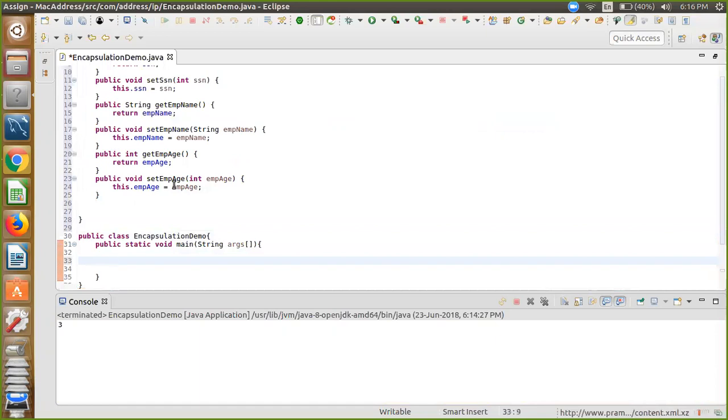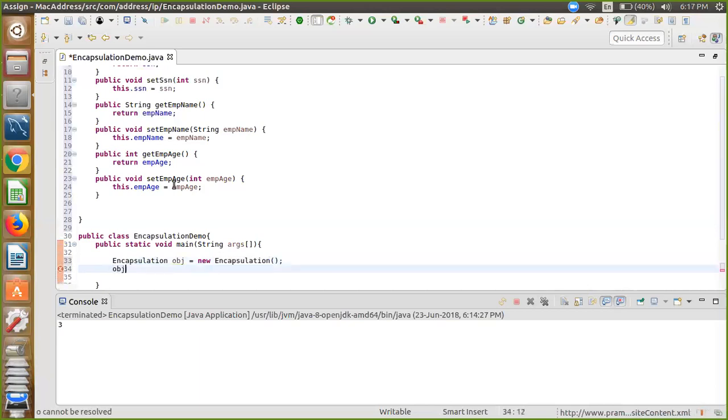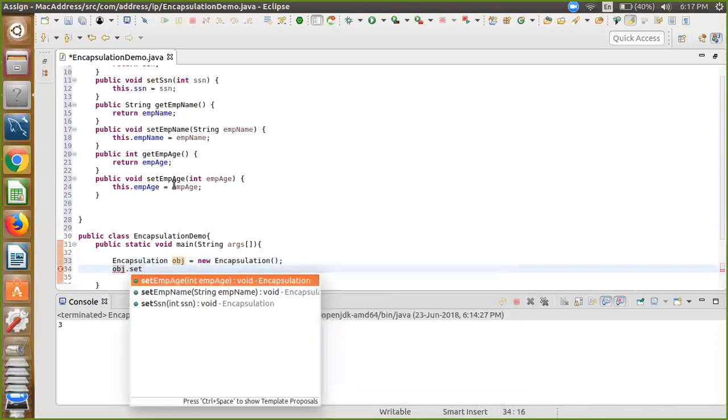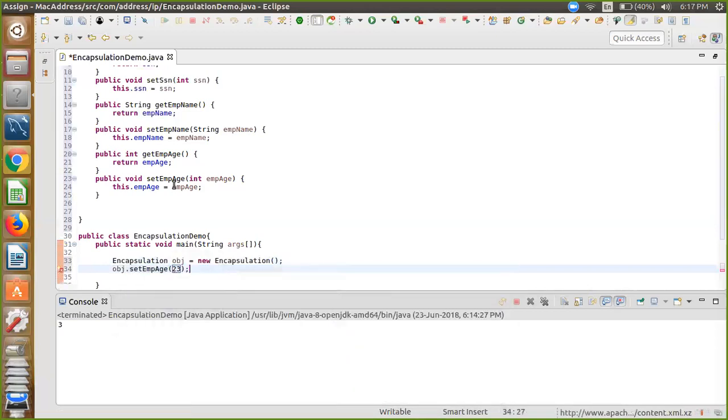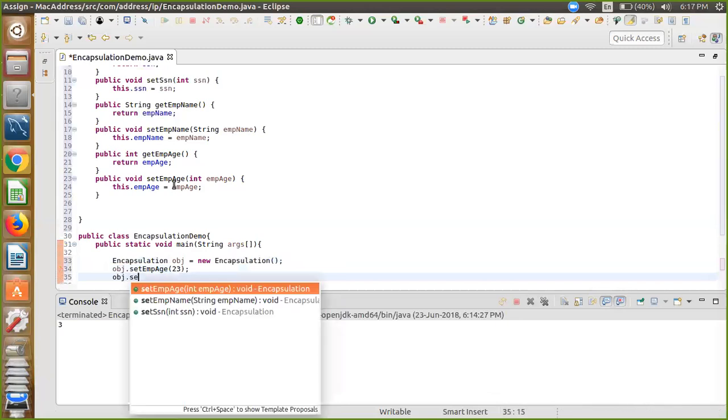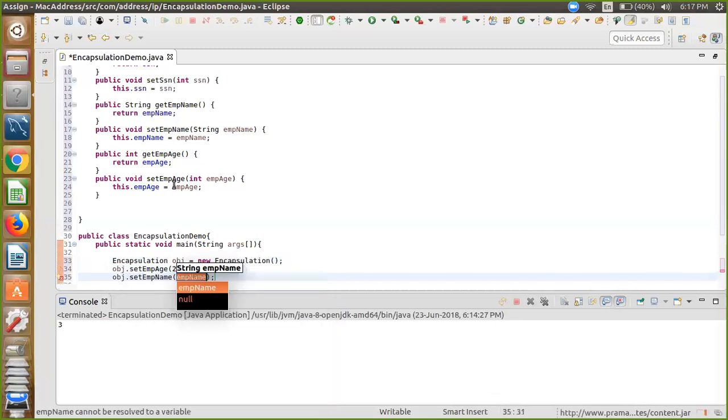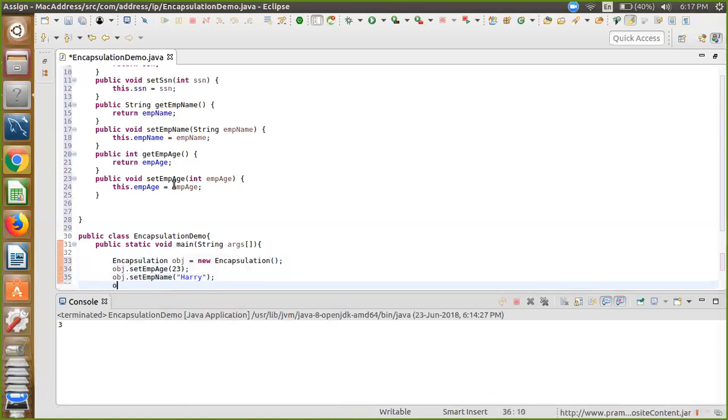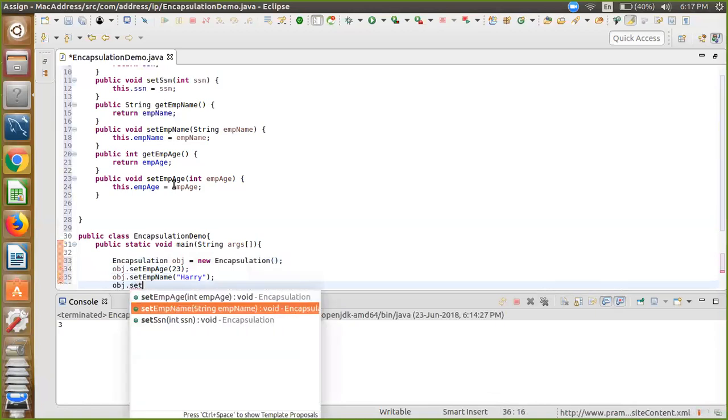So we are creating the object of our class, the parent class. Encapsulation obj equal to new Encapsulation, right? And now we set the variables' values: obj.setEmpAge 23, obj.setEmpName, id and obj.set